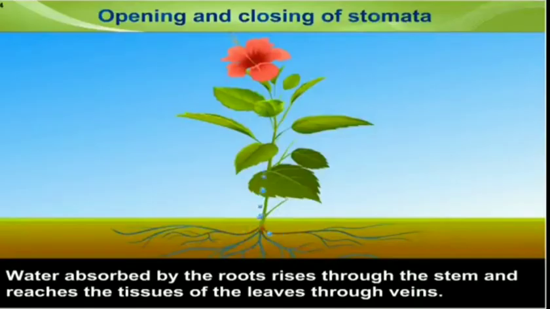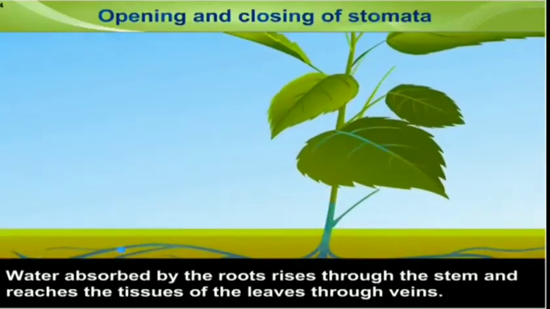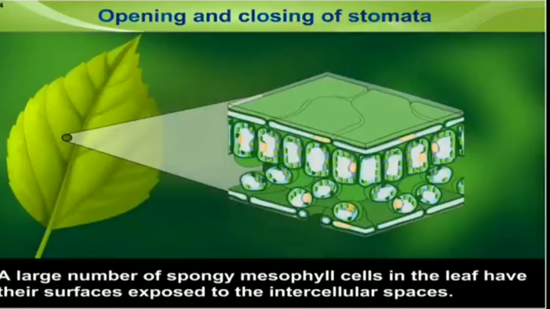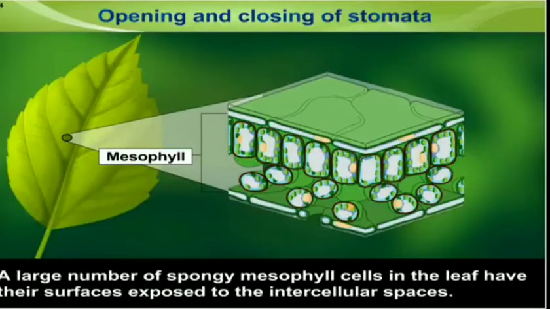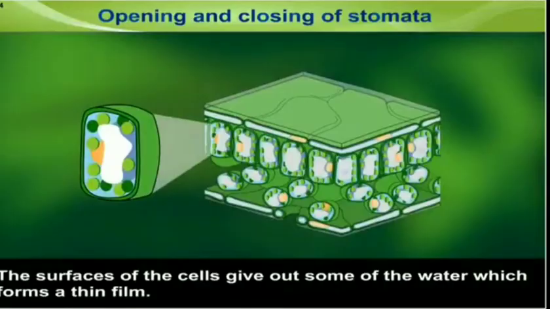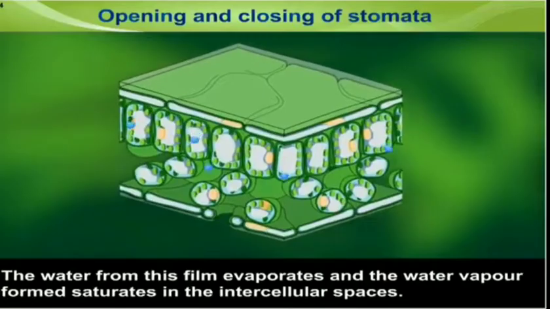Water absorbed by the roots rises through the stem and reaches the tissue of the leaves through veins. A large number of spongy mesophyll cells in the leaves have their surface exposed to the intercellular spaces. The surface of the cells gives out some of the water, which forms a thin film. The water in this film evaporates, and the water vapor forms